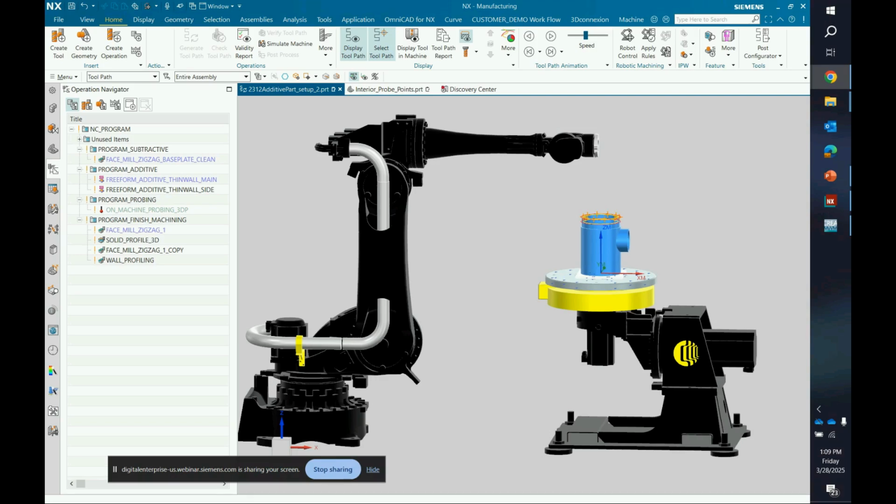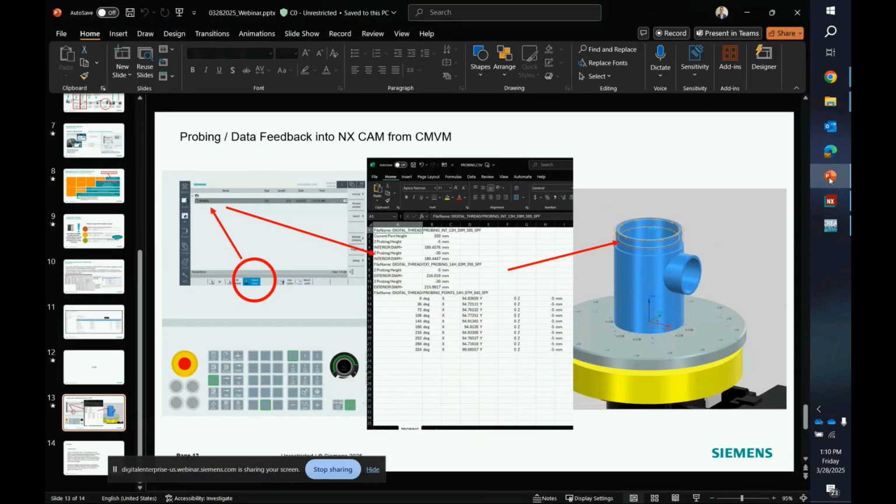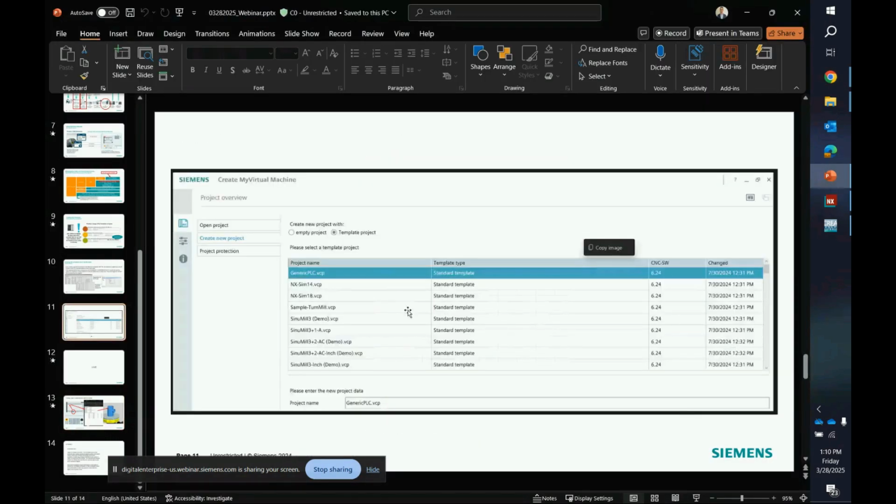Do I need TIA Portal to do all this? Oh, that's a very good question. I think I put a screenshot in here. For people that are familiar or not familiar with the virtual machine, if you boot up Create My Virtual Machine standalone, and you're maybe an OEM or end user, and you want to create a virtual machine of your physical machine,